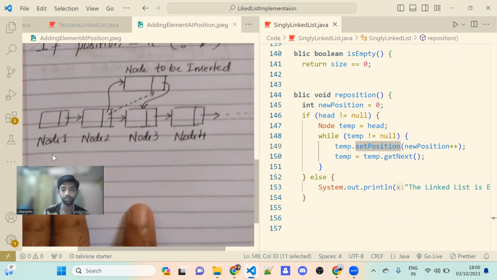Then temp equal to temp dot get next, means it points to node 2. Then set position equal to 1. Then temp equal to temp dot get next comes and points to node 3, and set the position to 2. Temp equal to what? Node 4. Means temp equal to temp dot get next, means it points to node 4. Set position to 3. Now temp equal to get next. What is get next? None. Null. If temp is null, then